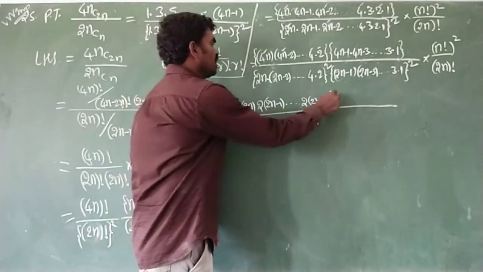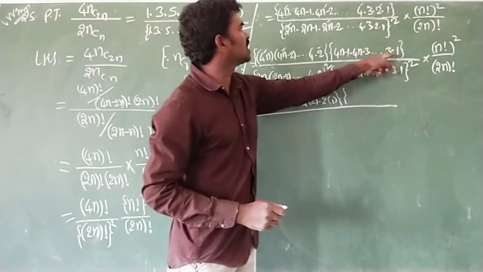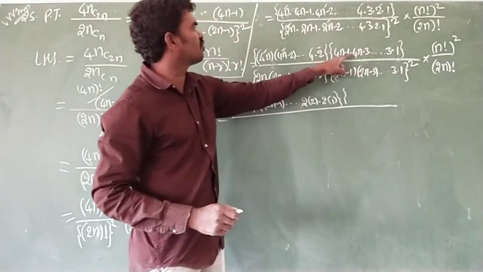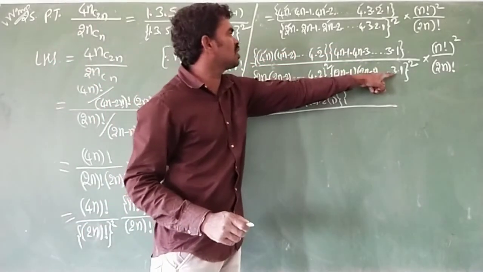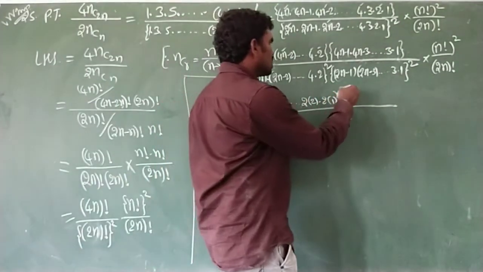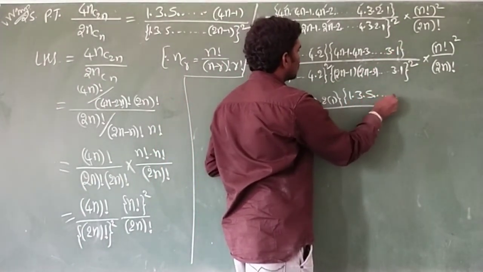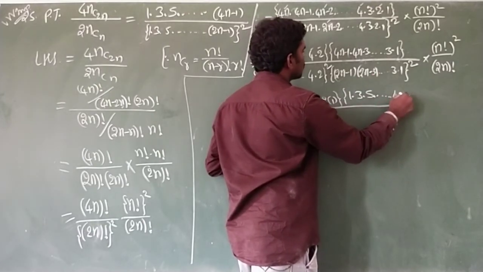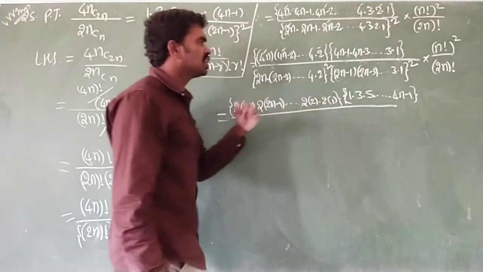And what about the remaining terms? We don't need to change those terms, because we already have 1 into 3 into 5 into so and so on, 4n minus 2, 4n minus 1. Got it, numerator. And the denominator, this term also don't change. Just write it in ascending order. First 1, next 3, next will be 5, and so on, 4n minus 3, 4n minus 1. So this we got. Keep it, but don't change it.